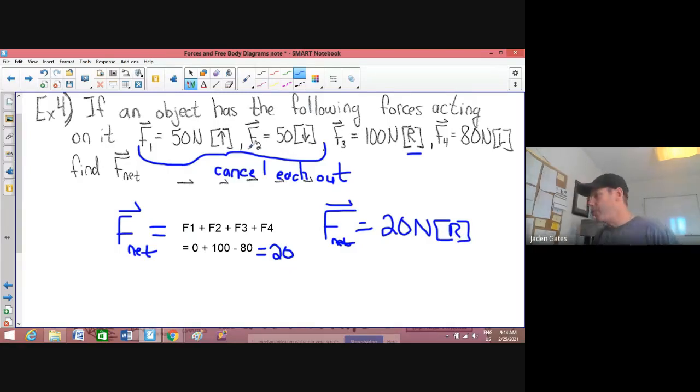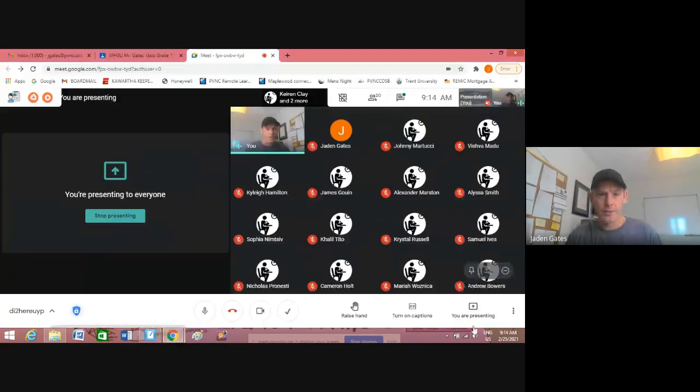Now, this is an example of two-dimensional motion where we have up, down, left, and right. But again, F1 and F2 cancel each other out. What would happen if that didn't happen? Well, take grade 12 physics and you will find out. All right, so that is just the beginning here of getting us into forces. All right, so again, some of the same